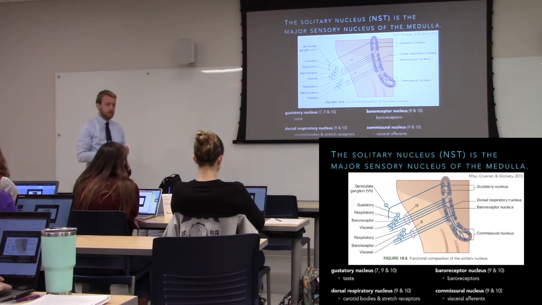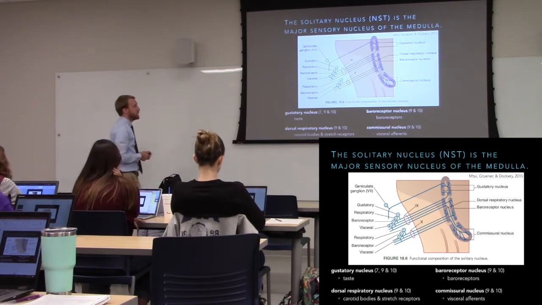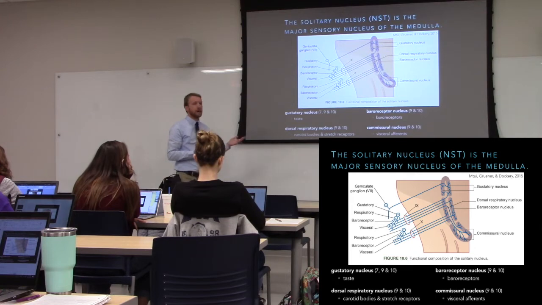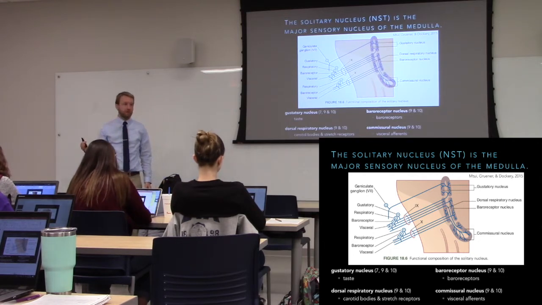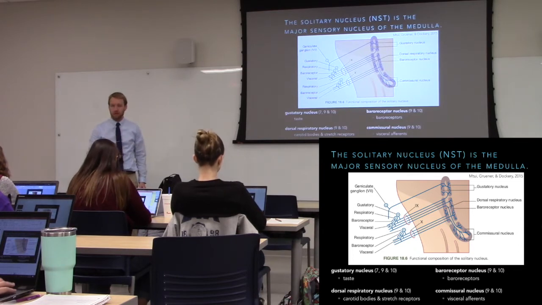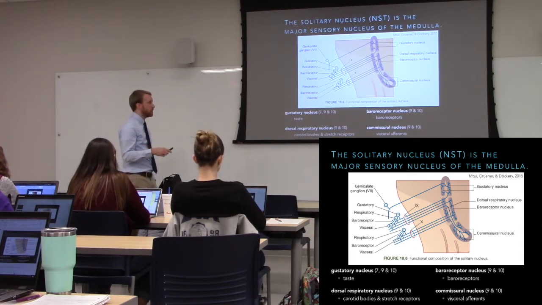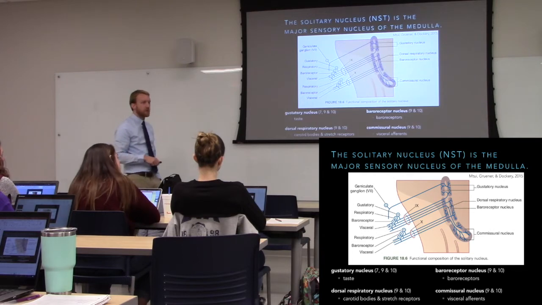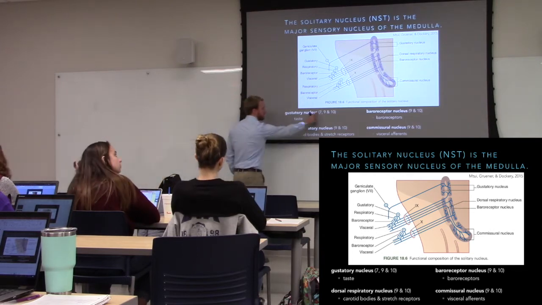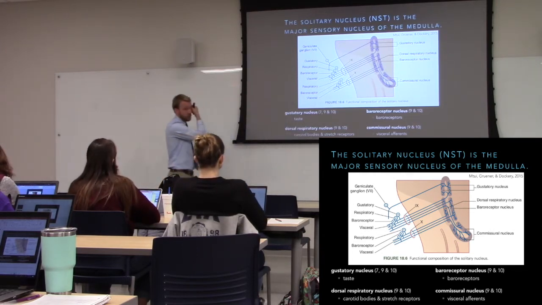Solitary. Sensory. This is going to get input from cranial nerves, mostly 9 and 10, as you can see down here. Cranial nerves 11 and 12 don't have any sensory function, so they obviously can't contribute to this. There's a little bit of input on the more superior regions in that gustatory nucleus that deals with taste. Here we're getting input from the facial nerve. This is going to provide the bulk of taste